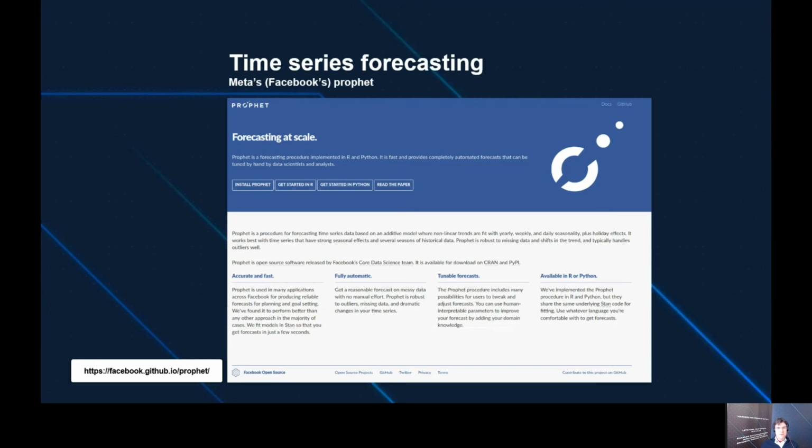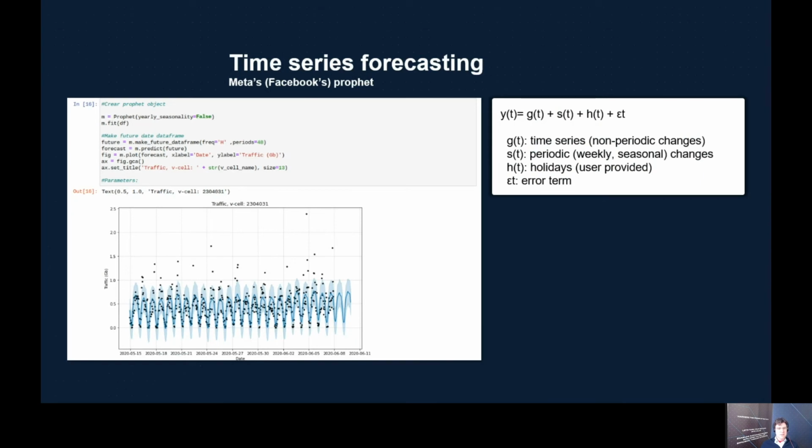You have several time series forecasting modules out of the box available online. For example, there's a nice module called Prophet. It is provided by Facebook, or it's called Meta these days. And with this model, you can do forecasts on time series. This is an example, some Python code fed with some traffic data, and in the end, you can see the last two peaks are predicted time series. So this way you are able to predict congestion in a very simple way.